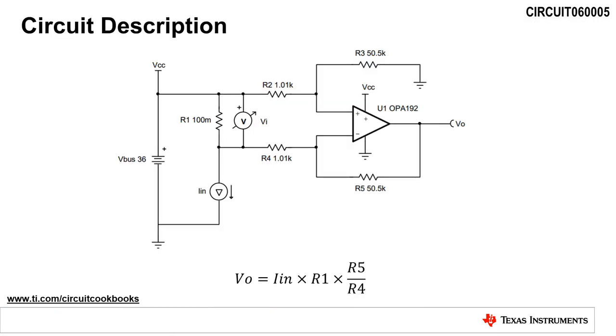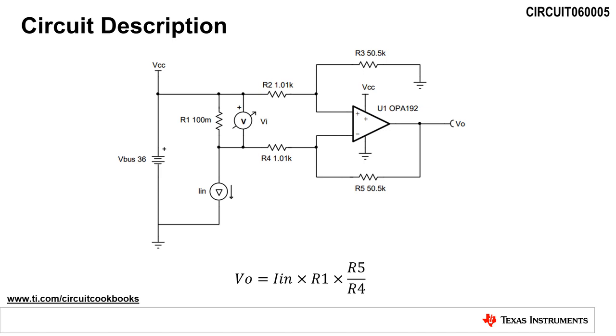This schematic represents a high-side current sensing circuit. Current sensing circuits are used to convert and amplify an input current, also known as a load current, to an output voltage. In this high-side current sensing example, a discrete difference amplifier is used to convert the load current to a voltage. Note that there are other ways to perform high-side current sensing, such as using an integrated current sense amplifier.